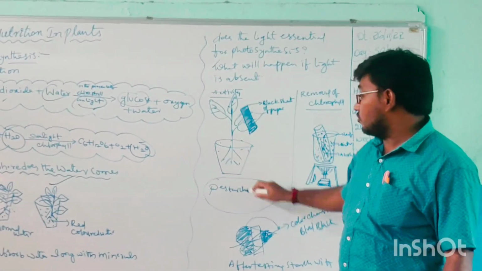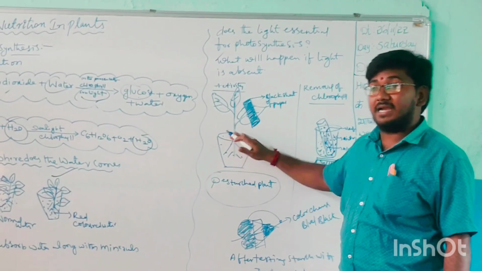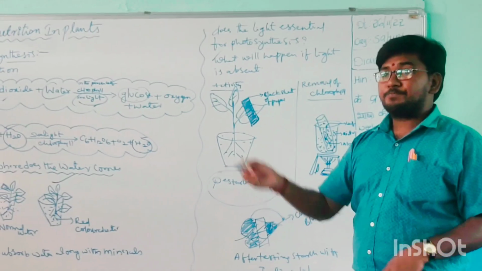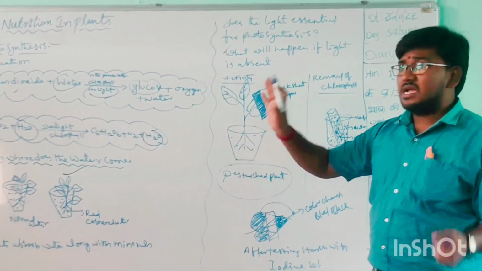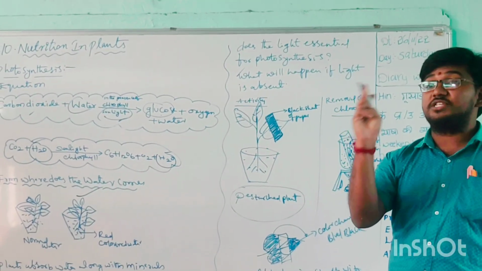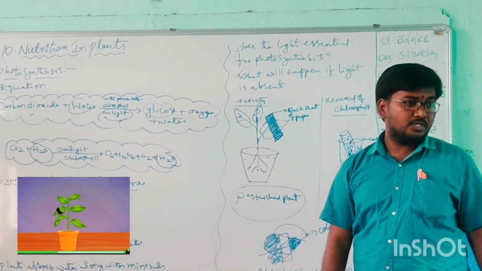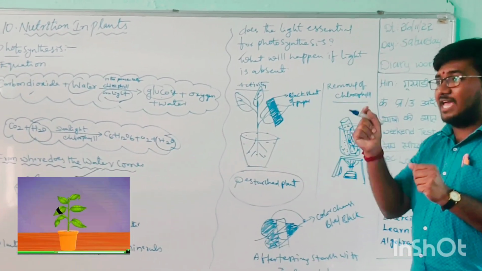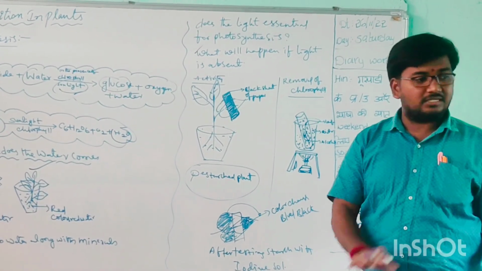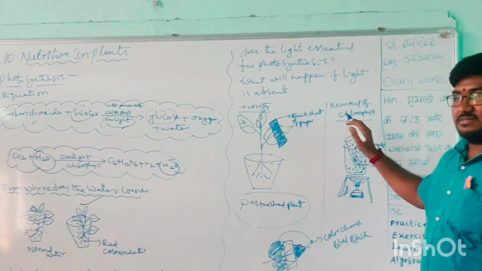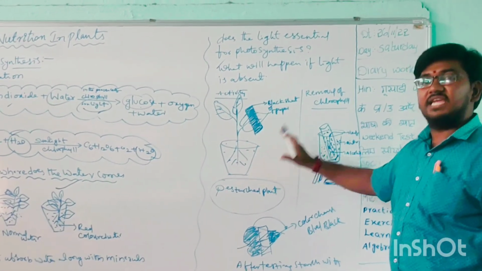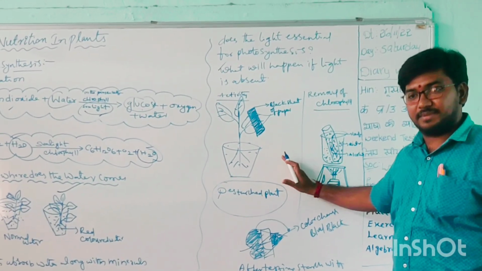So what do we have to do? We have to remove the starch from the plant. For that there is a technique. Simply we need to keep this plant in the dark room for 2 to 3 days. You can select any plant that has large or broad leaves like hibiscus. Any other leaves you can select. Hibiscus plant, yes, mandara. So instead of hibiscus, you can take any other broad leaf plant for this experiment.